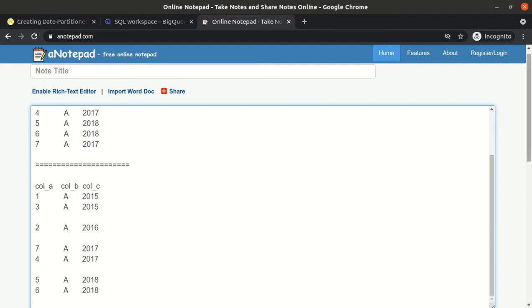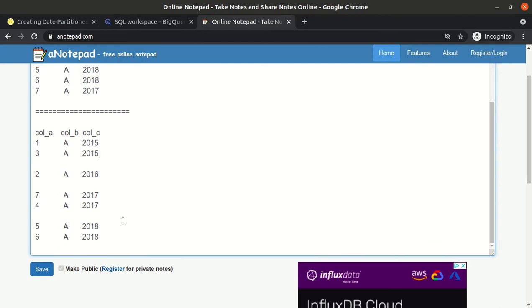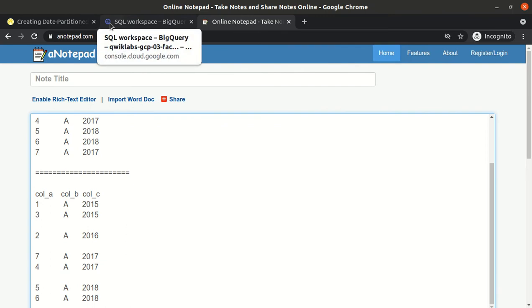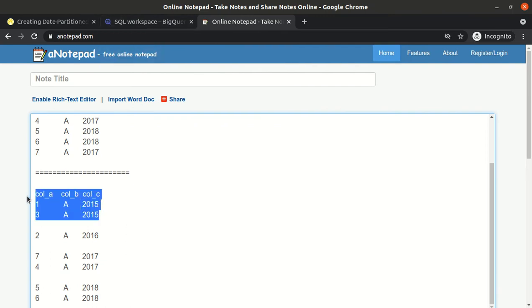If I say to my query that I need to find the records for the 2019 year, it will check, okay, do we have any partition for 2019? It says, okay, I don't have any partition for 2019. So it will say I will process 0 bytes of data, and it does not return anything. And this is the advantage of the partition table. So we partitioned on the basis of year.